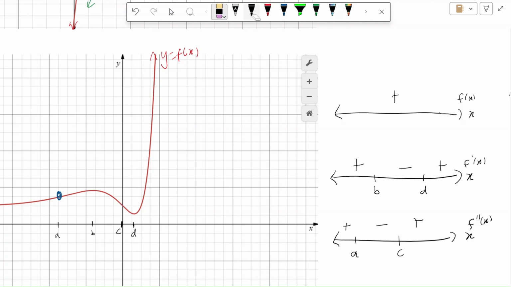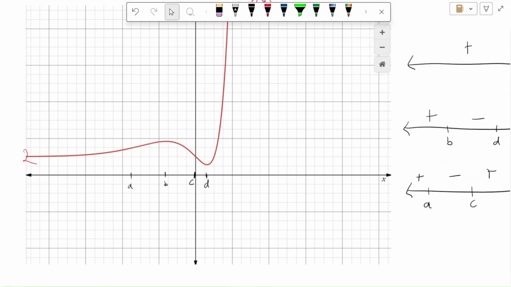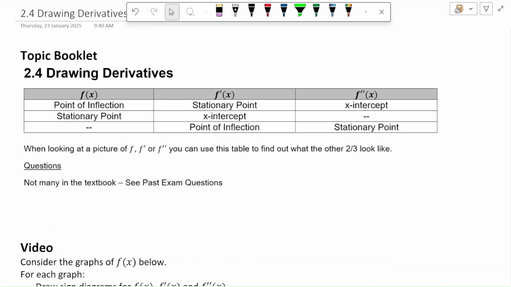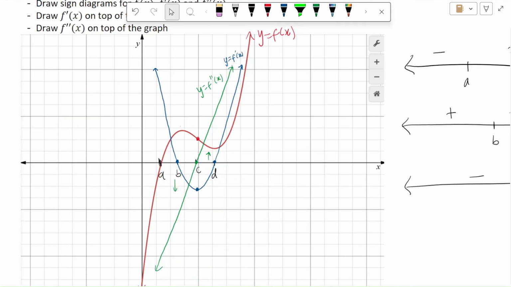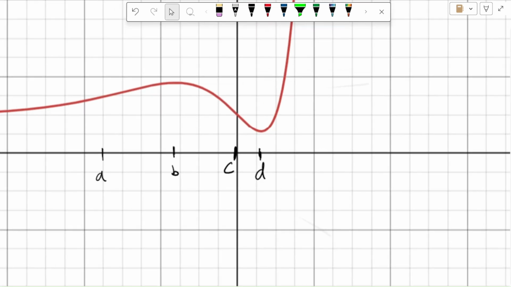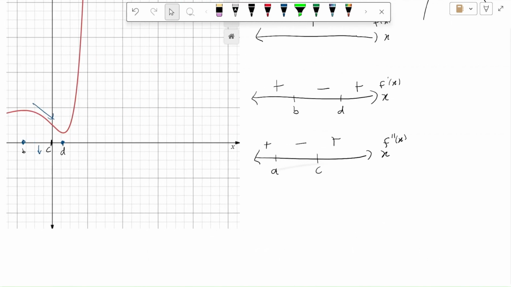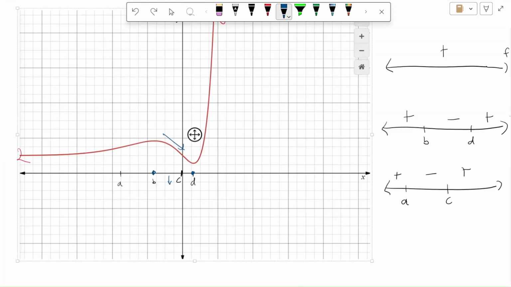All right, wonderful. Now let's draw our derivatives on top. So for the original function, let's make sure we get our x-intercepts first. If I want f dash to have an x-intercept, the original function would have had a stationary point there. So let's put that in. So the two stationary points here, b and d, will become x-intercepts. I'm sloping down, which means the f dash will be underneath the graph. You can also tell this from the sign diagram, how it goes minus in there. But at any rate, we're going to be dropping down